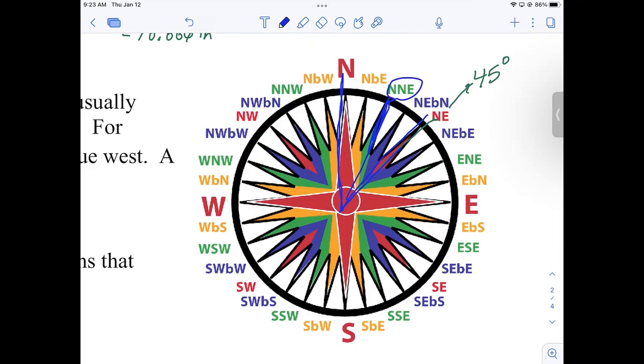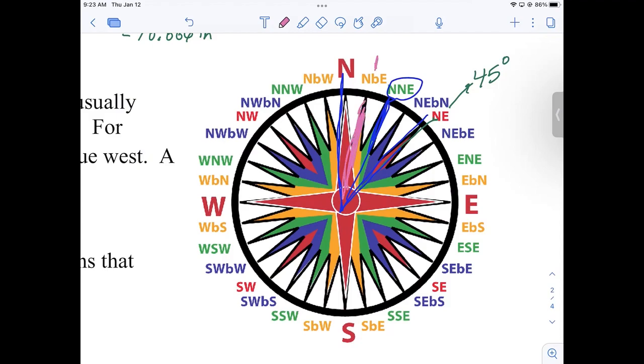How many of y'all have ever used that as a direction? Oh, I headed north northeast, right? North? Did you stutter there? No, no, no. It's north of northeast. That's kind of what that means. North of northeast. Now, if you wanted to split that in half and travel in this direction,